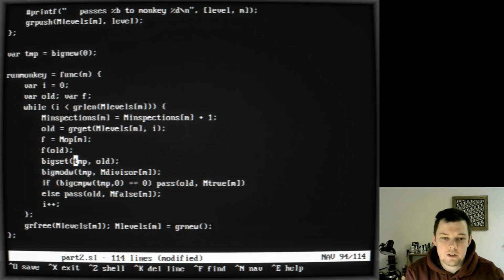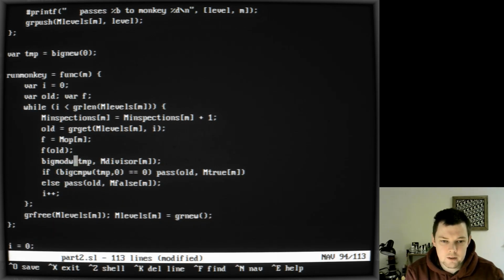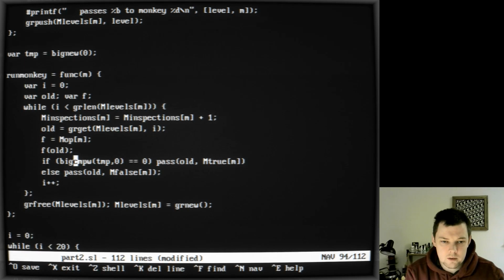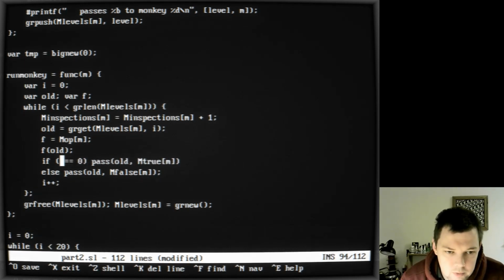And the test for divisibility is now simply a test for 0 under that monkey's modulus, so if old